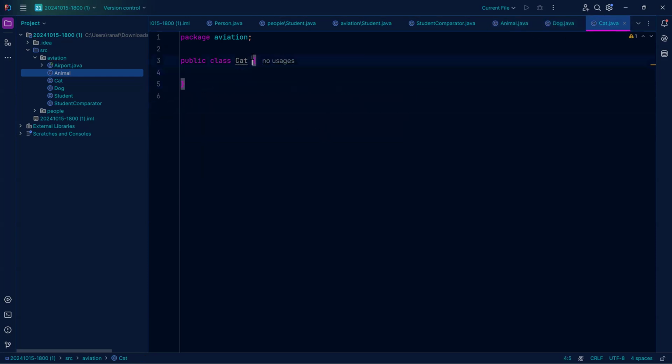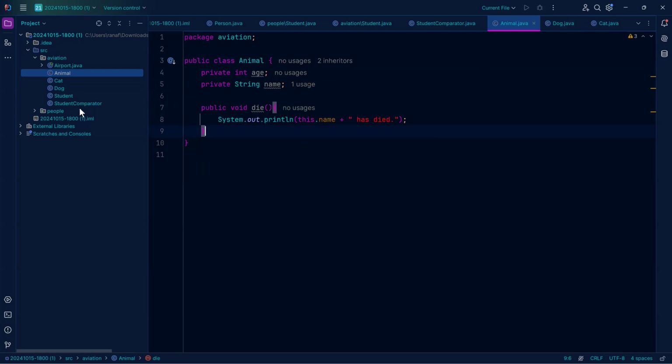And you can do the same with cat. Go extend animal, public void meow, and this goes meow, meow. So just to test it out, we'll go,